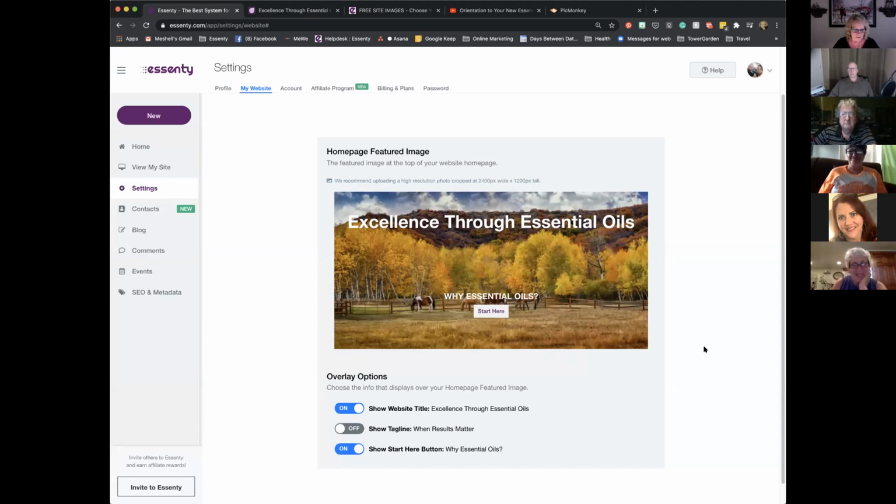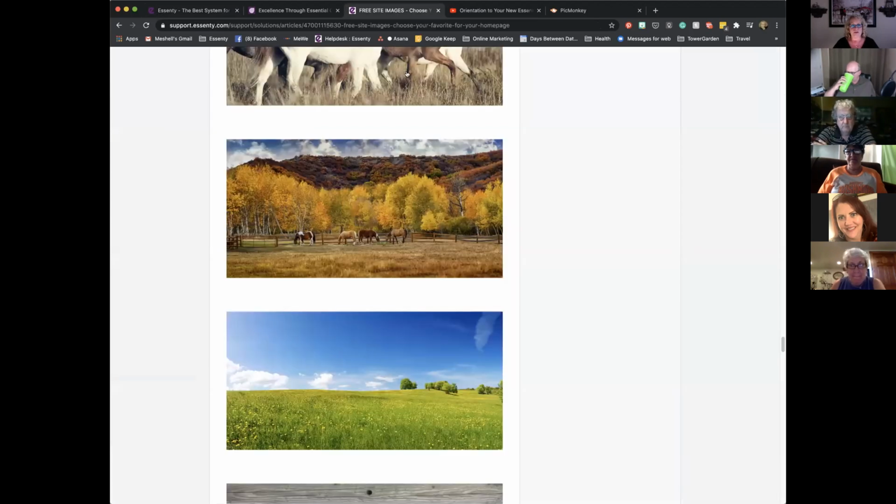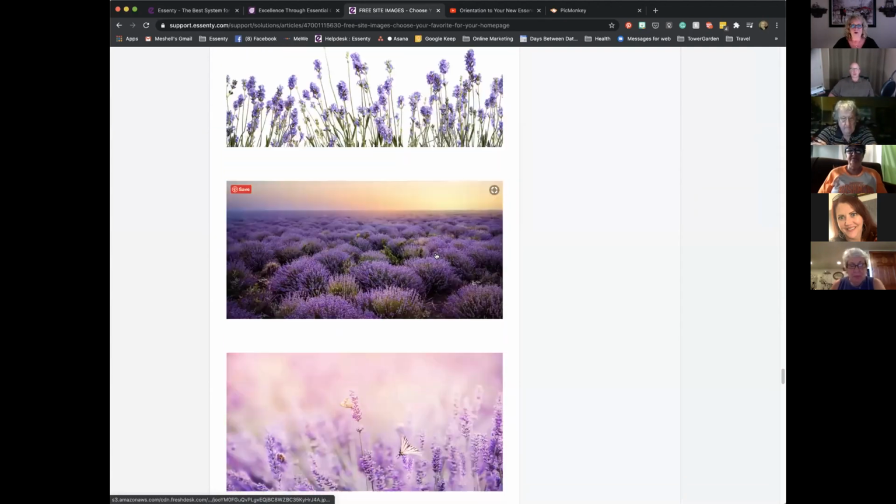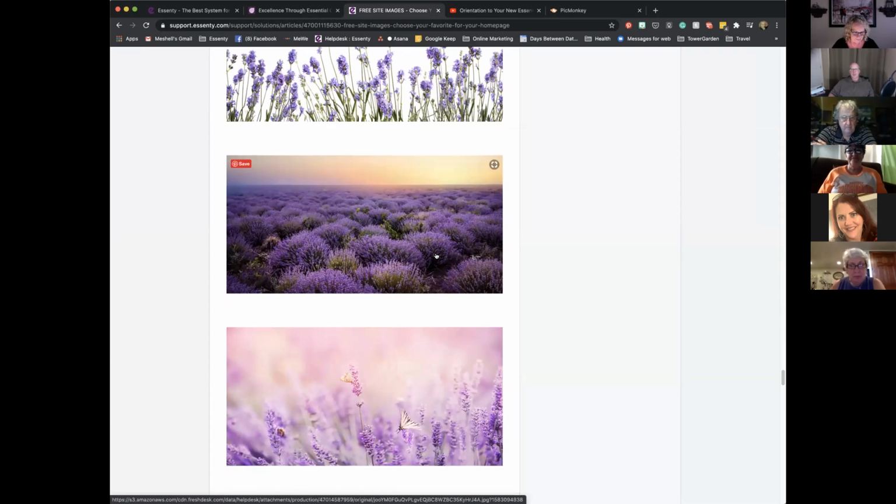Okay, guys, now I'm going to show you advanced features. Now, this is for people who want to do more with this section than just simply find some other image and use it. The majority of you will probably just find one of these images that you relate to and you'll use it. But there'll be some of you who want to use this area for something like a special sale. And you know how to create an image. And if you do know how to use photo editors, you can create your own images. The instructions for creating your own images,